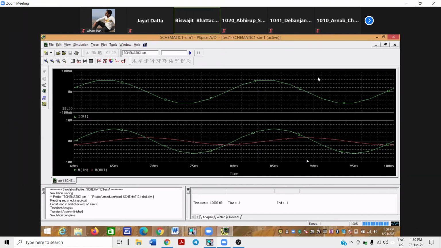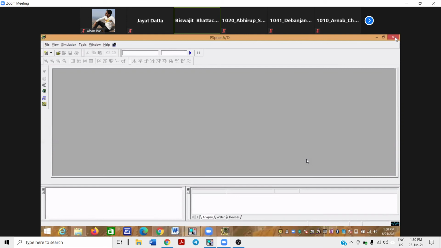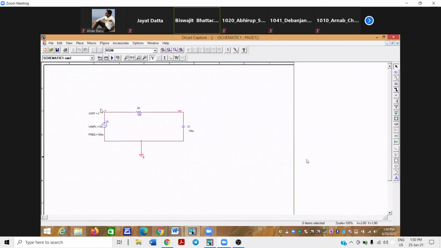So that's how we are creating it. It's a pure sine wave. It is oscillating about 0 volt. If you think that no, we don't want that, we don't want it oscillating about 0 volt, say about 1.5 volt it will oscillate, then make VOFF equal to 1.5 volt. So it will be a mixture of AC and DC.